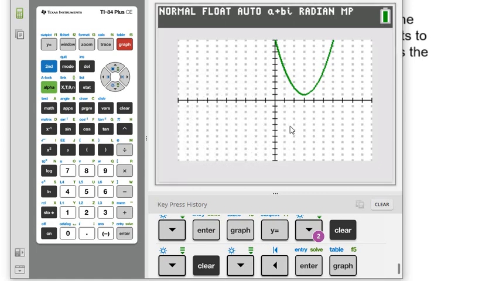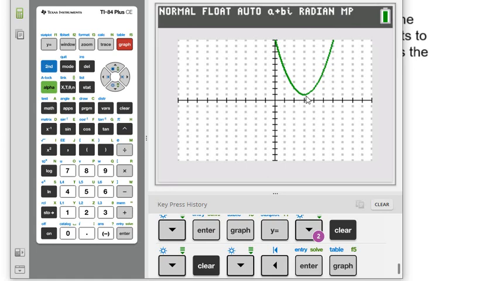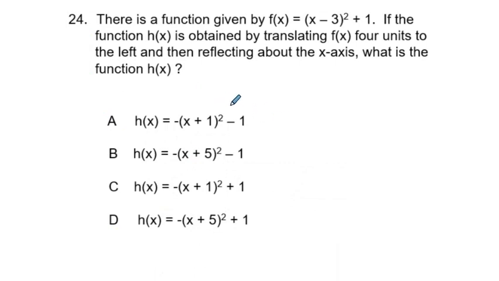that opens up like this. I'm kind of tracing it over. It's going to move to the left. And that's another thing, move to the left. So instead of x minus 3, you're going to have x plus 1. And then you're going to take that plus 1 and move it down. So you're going to have quantity x plus 1 squared, and then this plus 1 up here where it starts becomes minus 1. And so you're going to get this one right here,